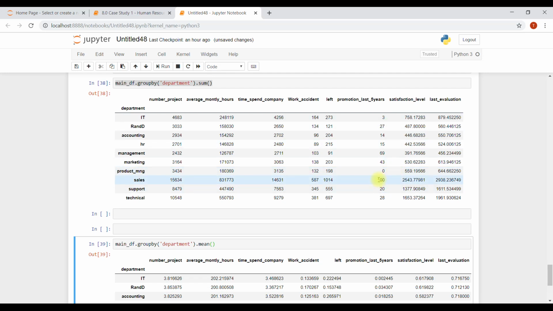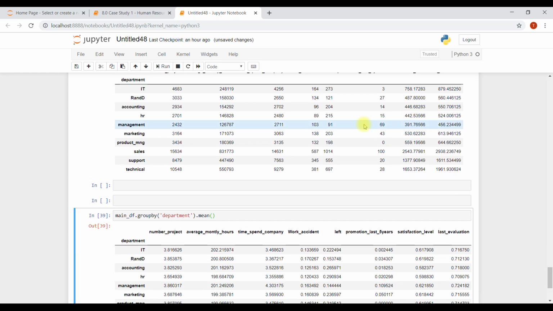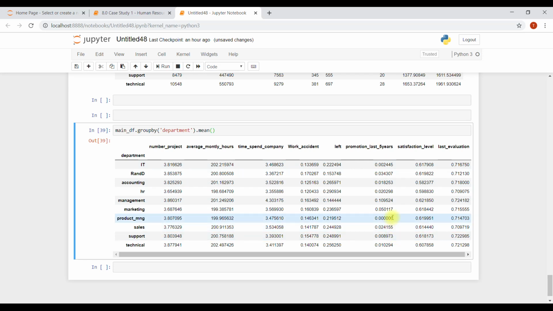Okay, promotion in the last 5 years: in the sum, management got 69, but in the mean promotion, according to the number of employees, management got almost 10%, and sales got less than 0.24%, and they got like 0.10. Okay, so I think the number of employees in management is less or more,